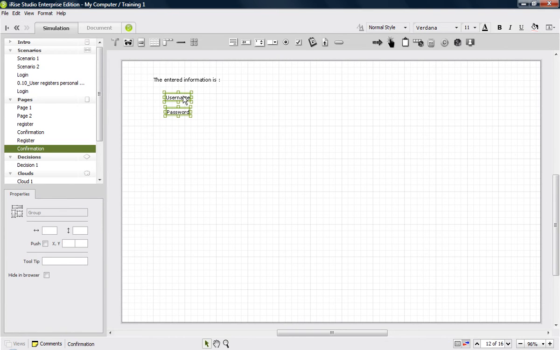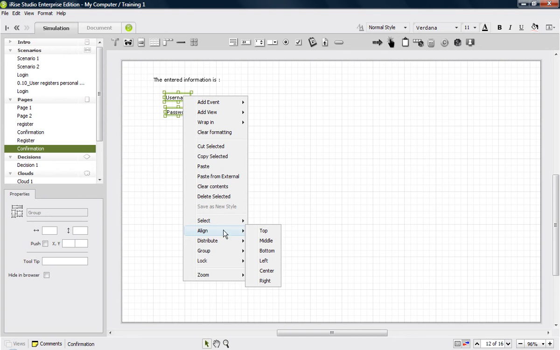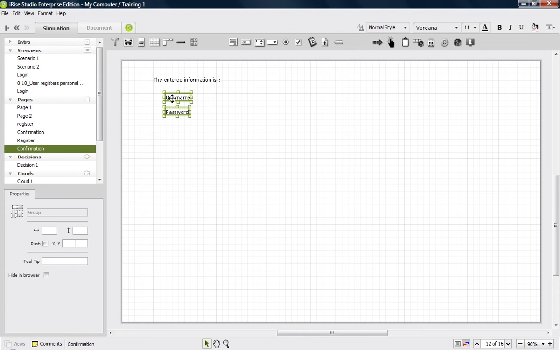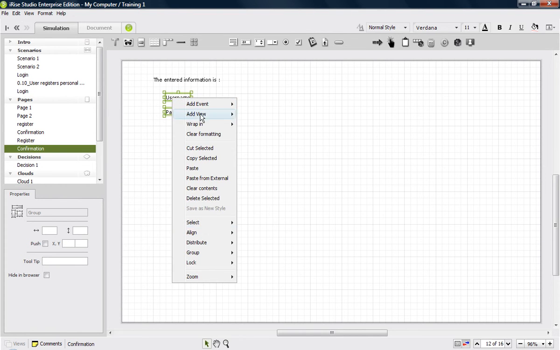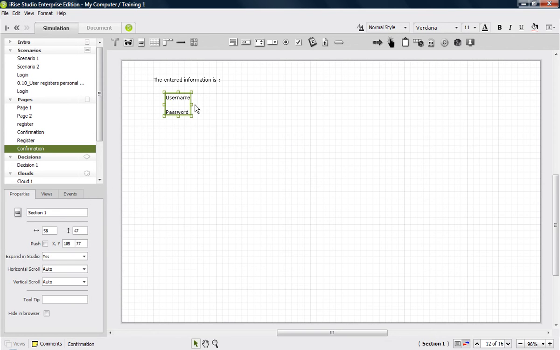Let me just go ahead, align these two text boxes to the left side so they're left aligned. Wrap both of them in a section just to show how grouping of data is handled using sections,